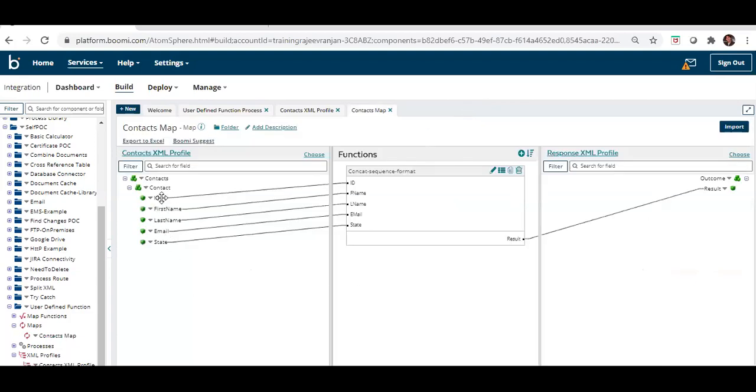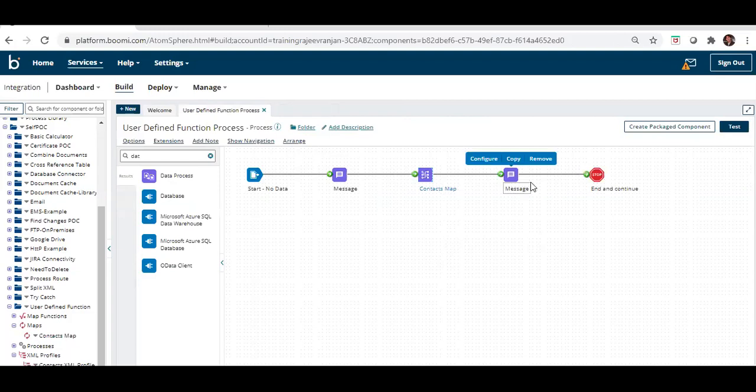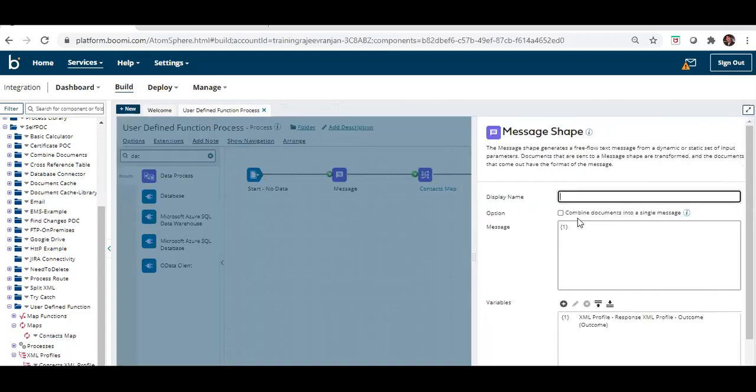So this is the input. Whatever the contact XML profile has as input, I am passing to this custom function, concat sequence format, which calls the actual string concatenation and provides the result, and I'm passing this result to the response XML profile. This is the message I am storing here.